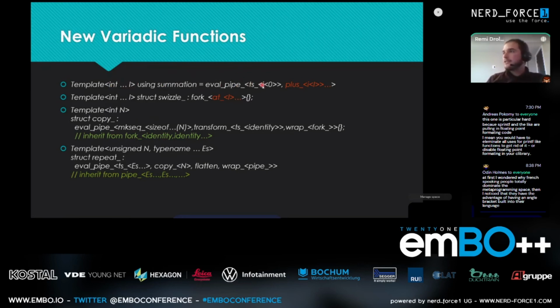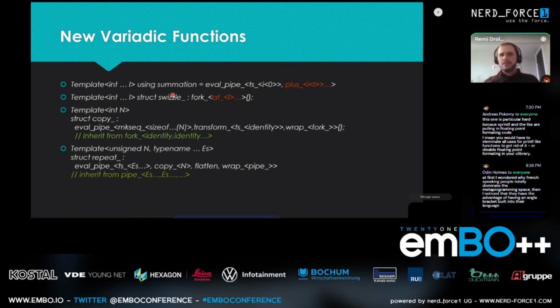I can eval pipe ts starting at 0 plus e, and then the templated int ... And it's not the e that is expanded, it's the plus. So the plus will get expanded as long as you write basically any numbers inside this summation. So if you have no ints inside of it, you will output 0. But if you add more ints, it will do the summation, because that's what it does.